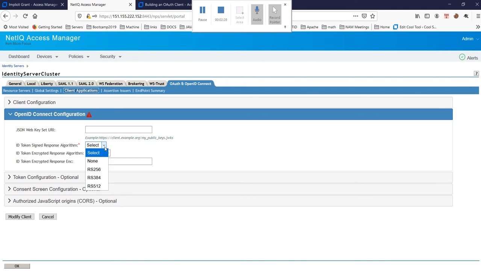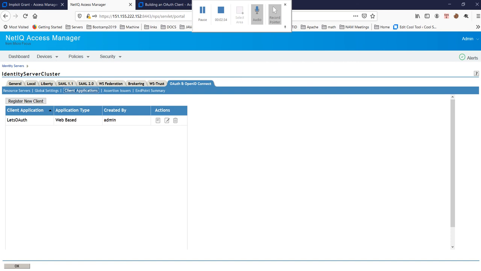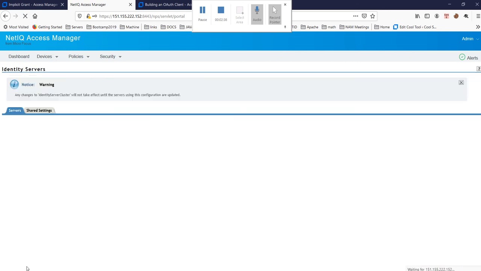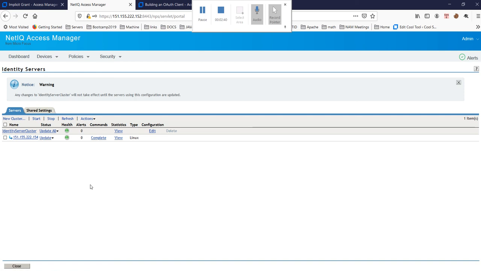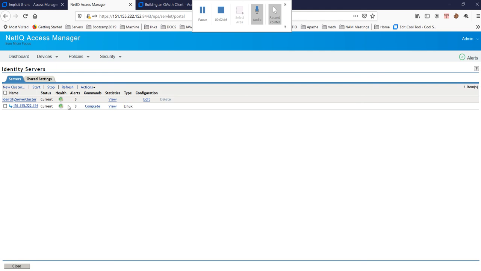When you check this option, this particular thing came up which says to select something. What we are going to do is just select it to none. We will talk about this later. Modify the client. Okay, and now we will go to the